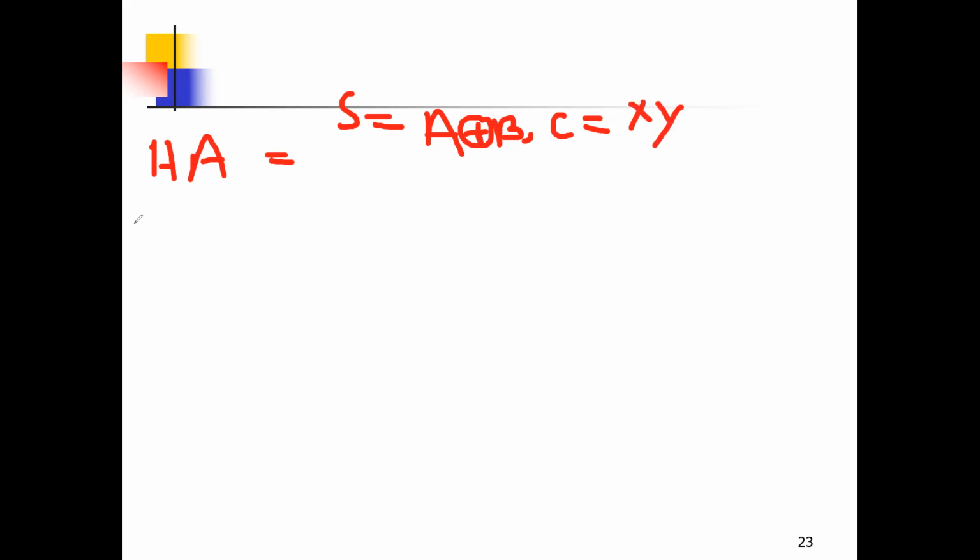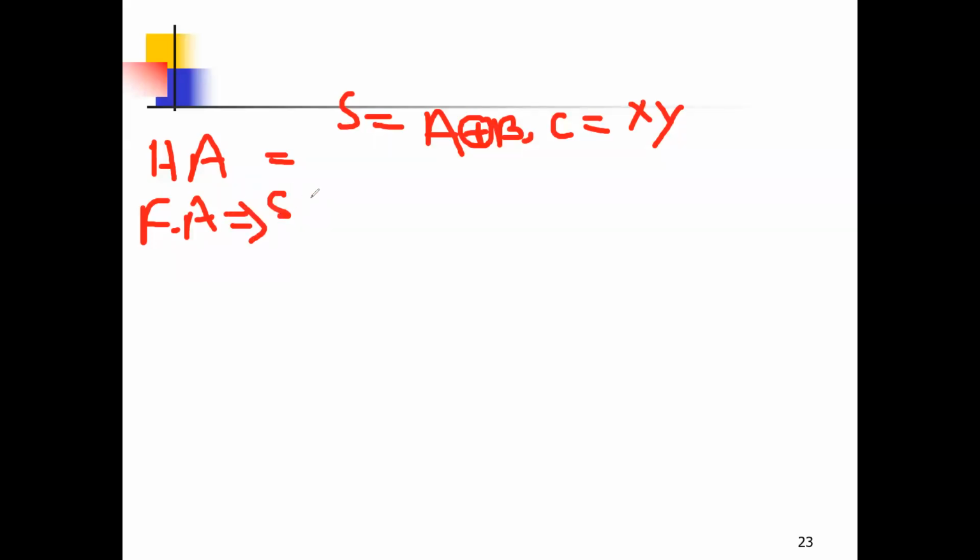So first tell me the half adder sum. When you designed the half adder, what was the circuit? The sum was A XOR B for the half adder. And the carry was? Hello? You didn't do it? It is in your notebook. What was the carry for the half adder? XY. Now, if you solve the full adder circuit, which we solved before, we find that for the full adder,